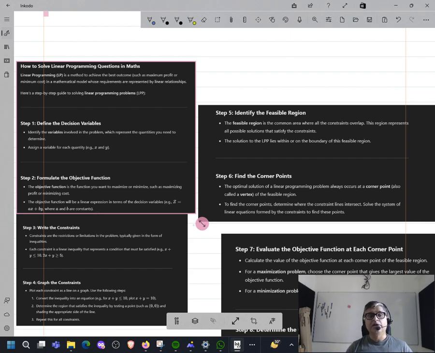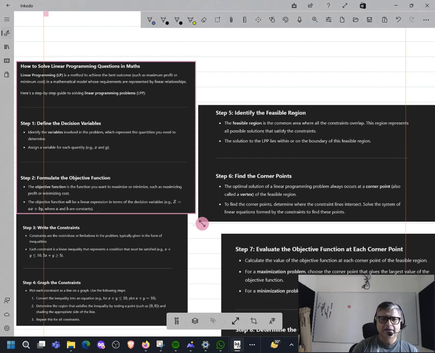Next step, write the constraints. In the previous question we had a constraint. We cannot have more than 60 pieces. We don't have more than 50,000 rupees in our pocket. Convert it using x and y decision variables. Write the constraint, x plus y has to be 60. That is a maximum. You can write it as less than or equal to 60, right? Quite possible by investing in 30 chairs and 15 tables, you may get more profit, and you don't even have to buy 60. So x plus y is less than or equal to 60. We will come to that, less than or equal to sign and all that.